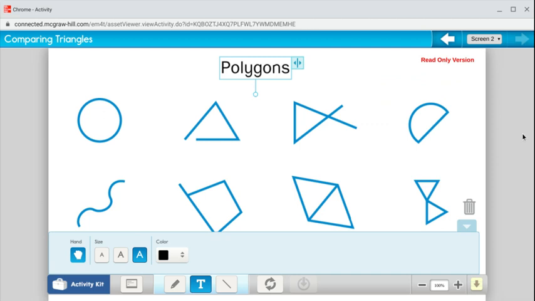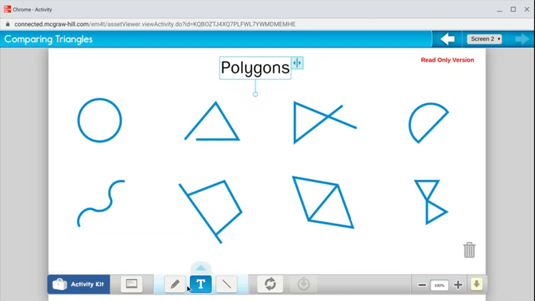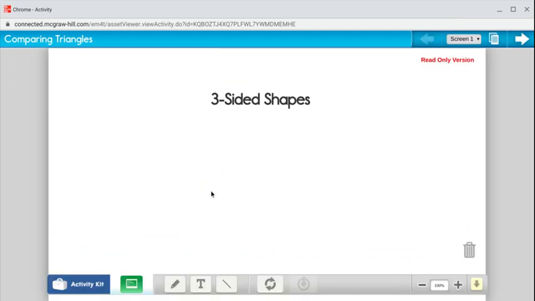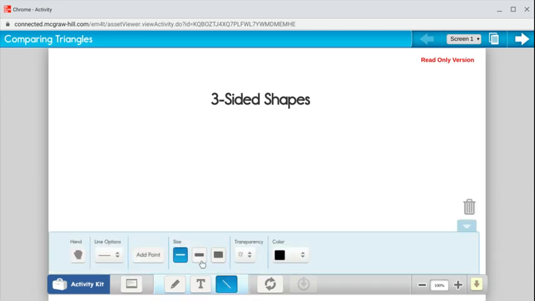A polygon must have straight lines, right? A polygon must have all of the sides closed, so there's no openings, and a polygon must not have any lines that cross each other. Okay, so if we go back to our triangles, which I have a feeling are going to be all gone now. All right, so if we took our triangle, we're going to make another one. So if I were to draw my triangle,